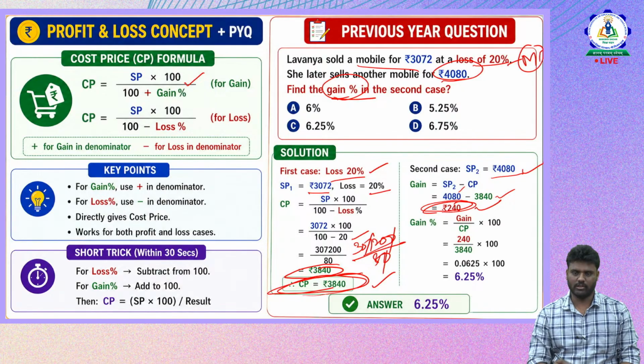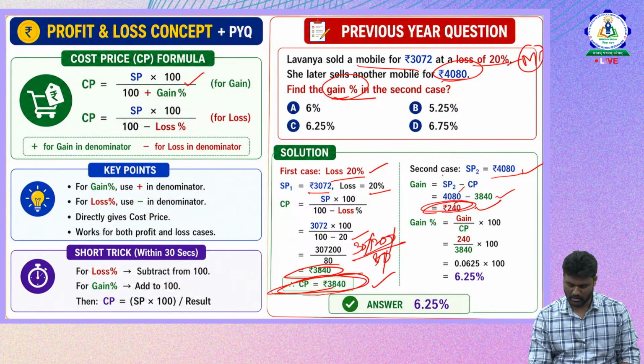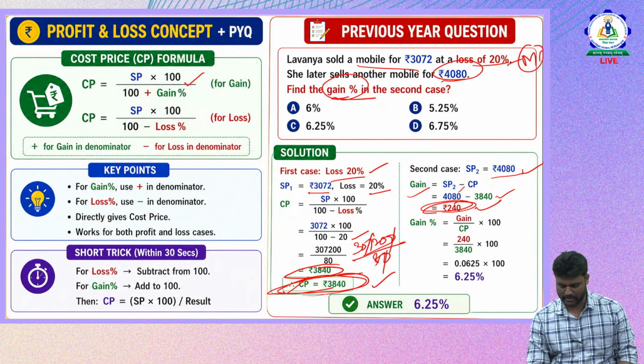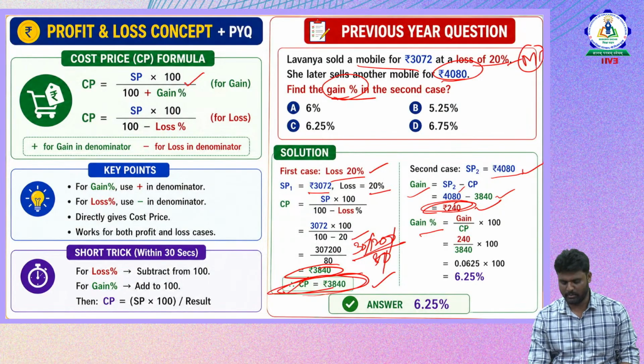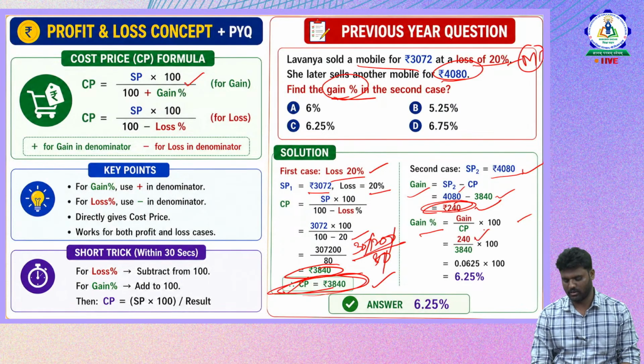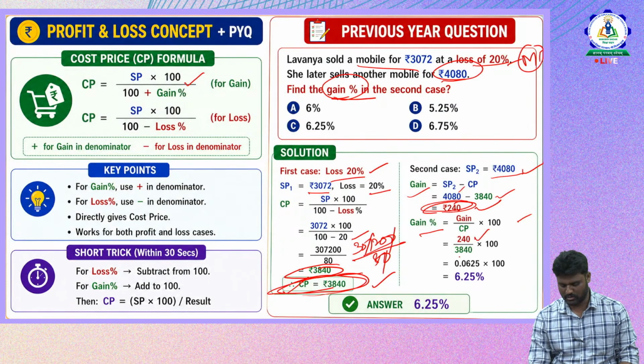Okay, now we have the cost price, we have the gain, and we have the selling price of the two mobiles in the two cases. Now we need to identify the gain percentage. So how do we identify the gain percentage here? The formula for the gain percentage is gain by cost price into 100. What is the gain? 240. What is the cost price? 3,840. If you simplify this, we'll get